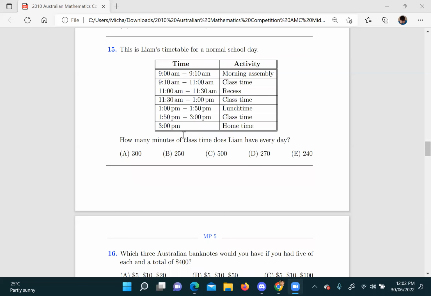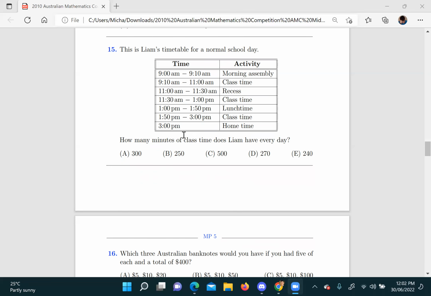Okay, this is Liam's timetable for a normal school day. It's B. Yeah, B, that's annoying, yeah? Stop doing that. Okay. No one cares what your answer is like that, you understand? D. Okay, so